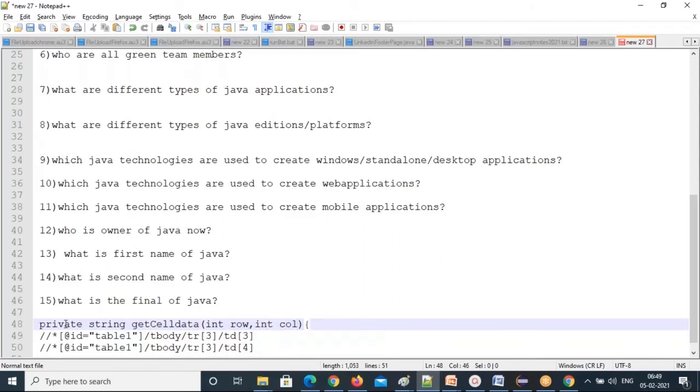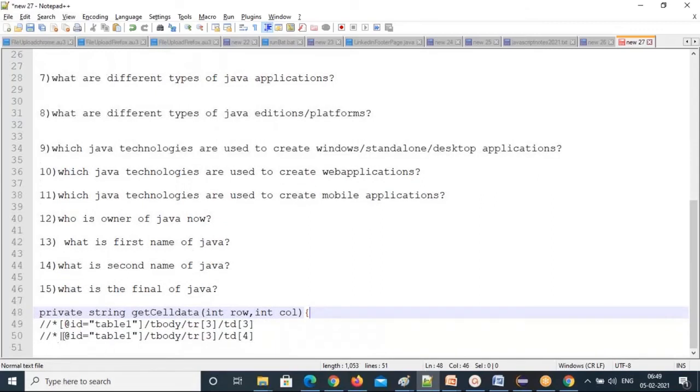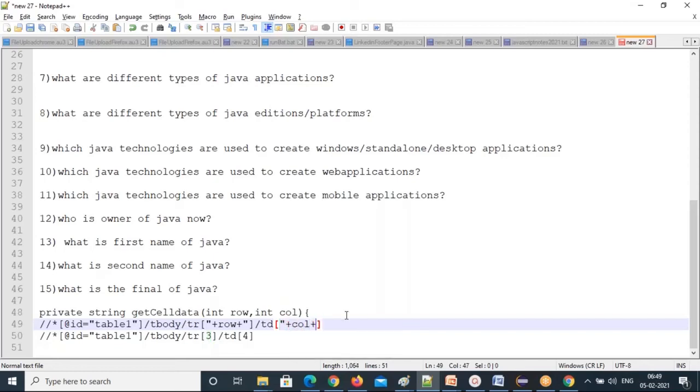This is the method you have to build, and in the XPath, wherever you are using it, replace with double quotes plus row plus. Now it will work for any row, any column, it's up to you. This is the way you need to automate the parameterization, and use get text.